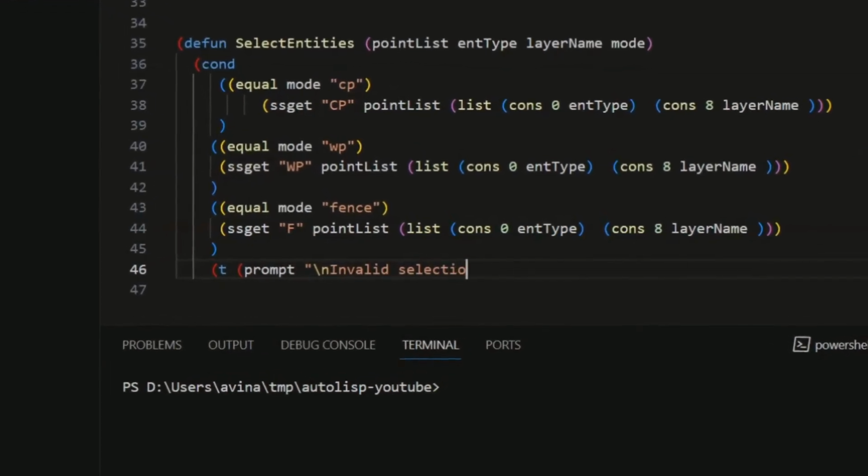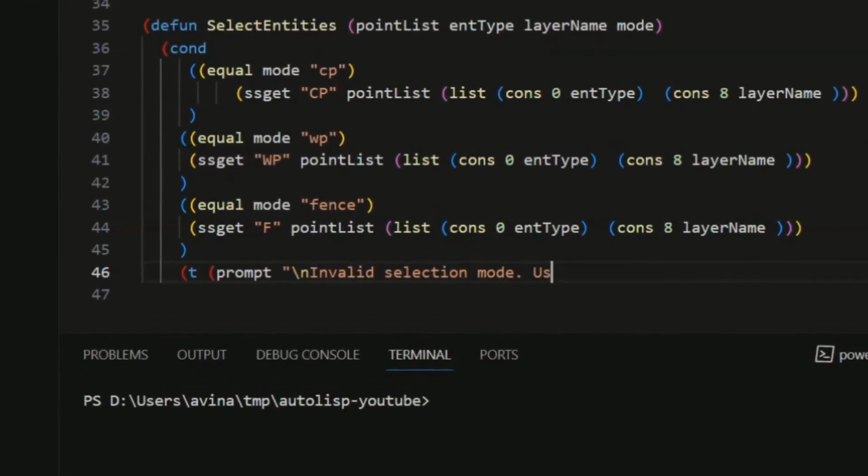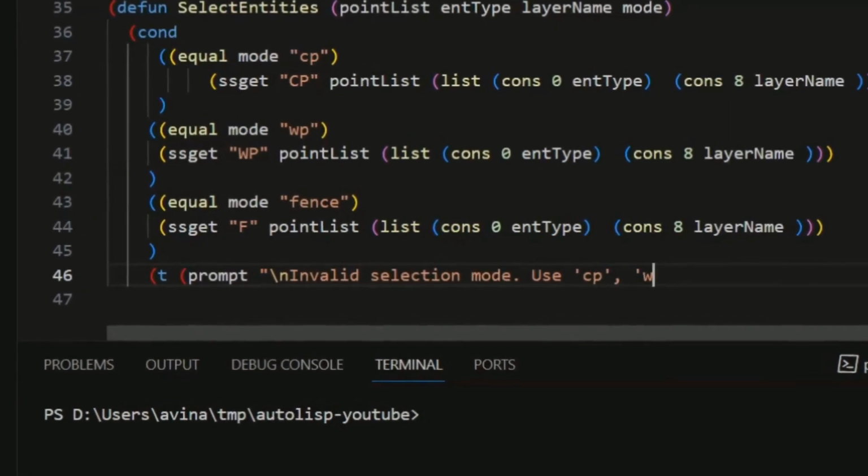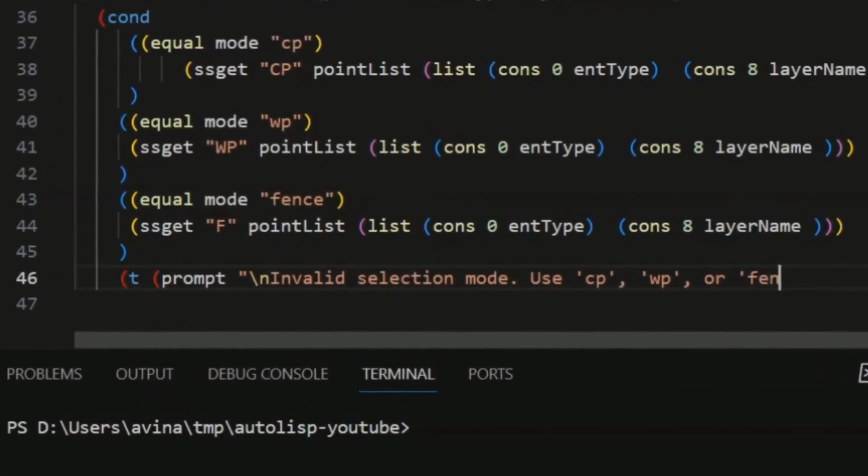And the last statement of the conditional block is executed if the mode argument is something other than CP, WP, or fence.